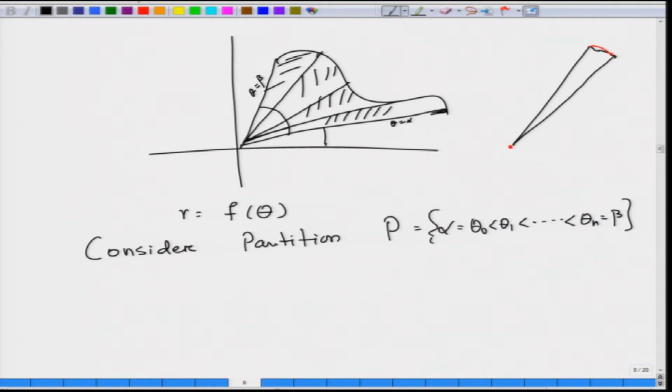So, now what is the radius? The radius is nothing but f of theta. If I have this as theta, then this is f of alpha, this is f of theta 1,